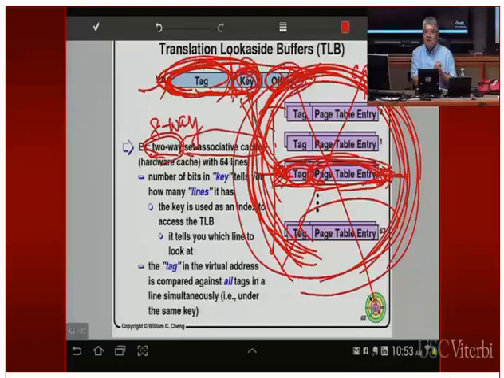What is a while? A while might be, I don't know, 1 millisecond, 5 milliseconds, 10 milliseconds. You actually have to let it run for quite a while in order to reap the benefits of all the work you just spent loading up the translation look-aside buffer. You probably heard that every user process has some sort of quantum that it gets to execute before you switch to another user process, right?